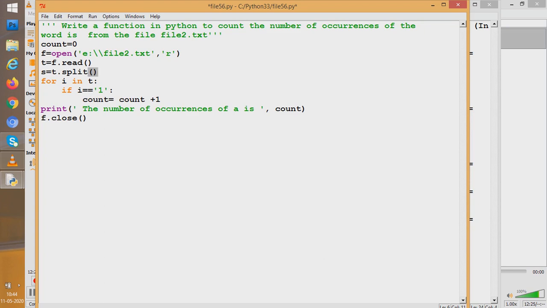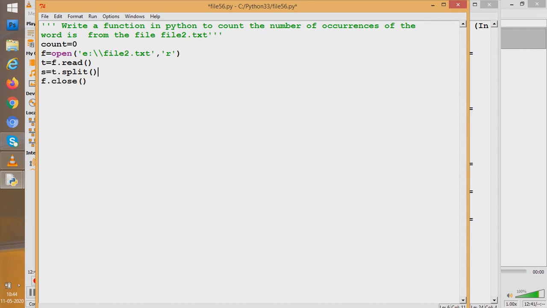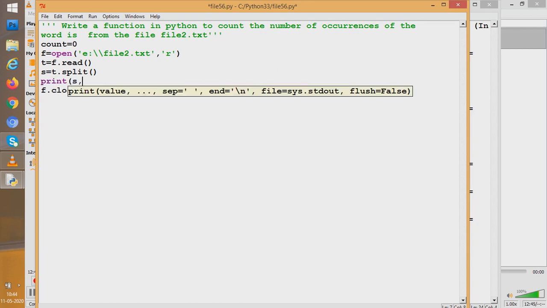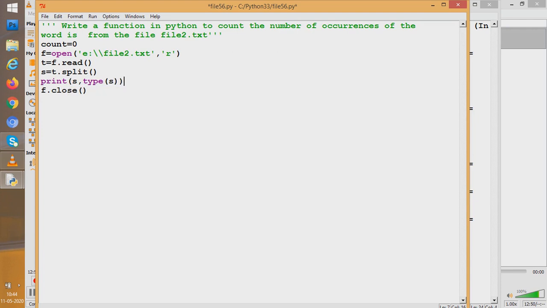Now you'll understand it if we remove all these things and run only that part. So I remove all these things, or put them in a comment. Again we'll write print s, and I even give the type to see what type s is. So which function did we use? We used the split function. Now what does split do? I'll say it first, then we'll see on the Python shell.